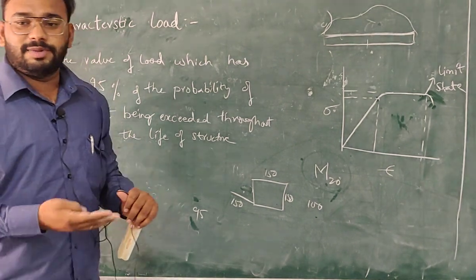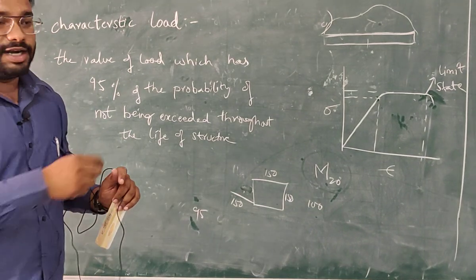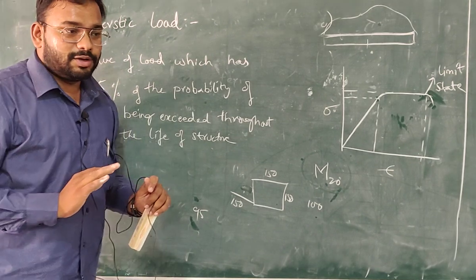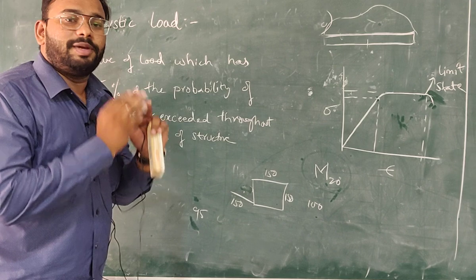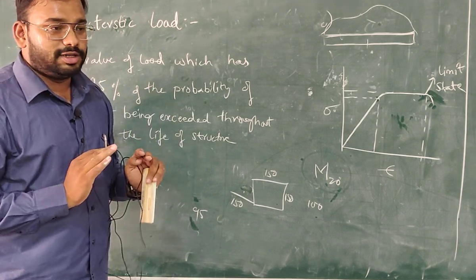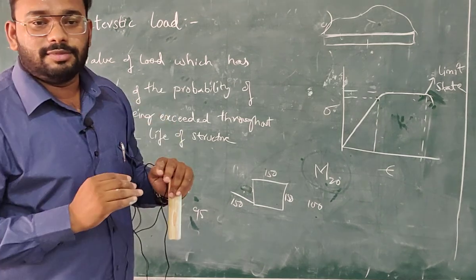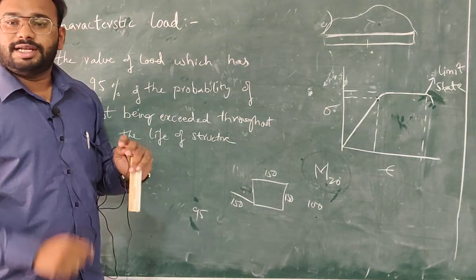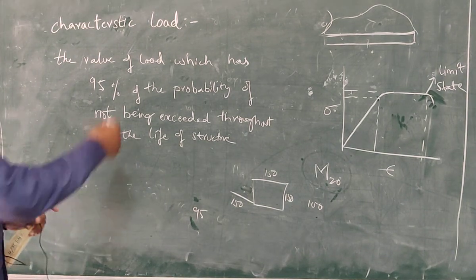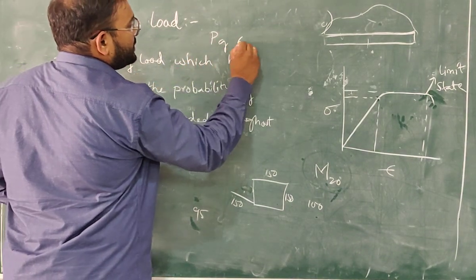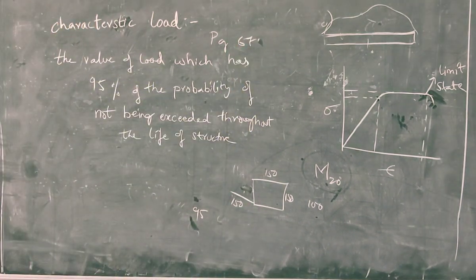Sometimes it happens that worst earthquake will occur in some place. So at that time, that 5% will take over that. Okay, so 95% of the probability of probable load should be considered in design. Understood? 95% of probable load. Okay, what sort of loading will come onto the structure, that has to be designed. Okay, so this is also a very important definition. Again, this is given on page number 67 of IS 456. Important definition for 2 marks. Just you need to copy from 456.